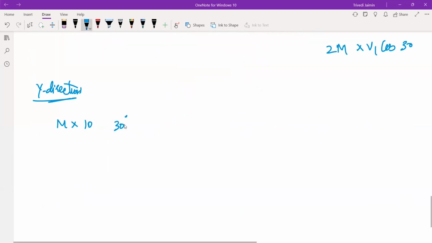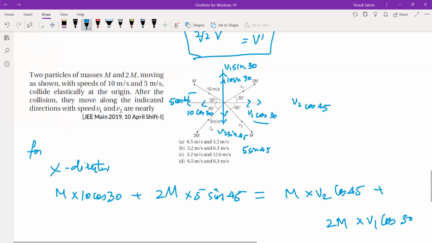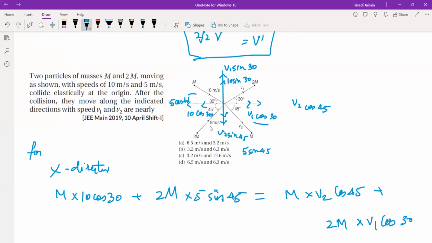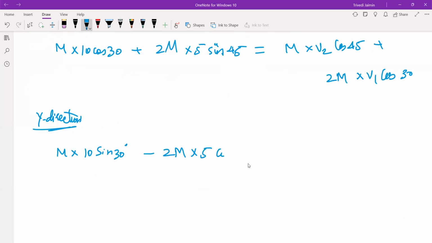Vertical, right? Sin 30 in opposite direction minus 2m into 5 cos 45 equals to